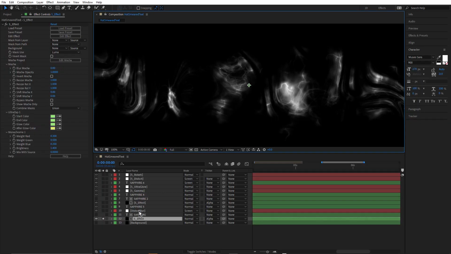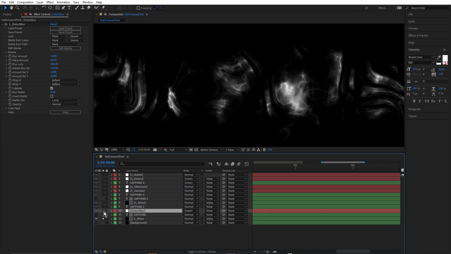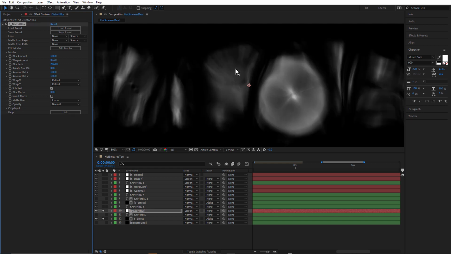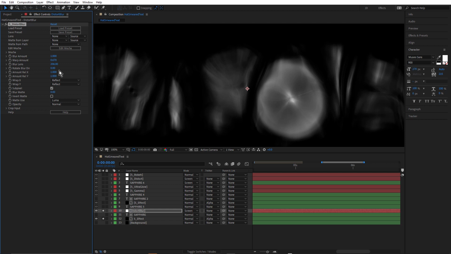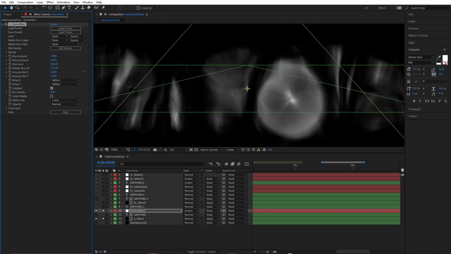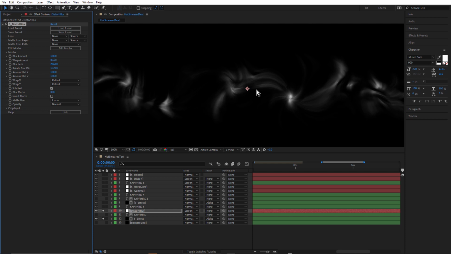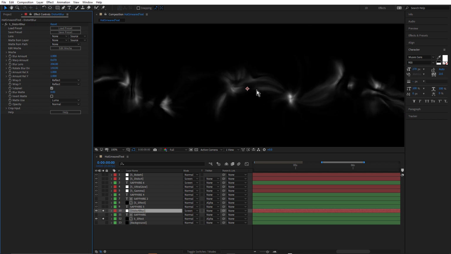Now above that we have an adjustment layer with Sapphire Distort Blur. And I really love Sapphire Distort Blur. It gives these really lovely ghostly streaks. And one of my favorite features is this rotate blur direction. That's what gives us this sort of curvature. If I bring that back down to 0, still gives this really interesting distortion, but with this rotate blur, starts to add that curvature, which I really like. I'm going to bring it back to where I was, 150.